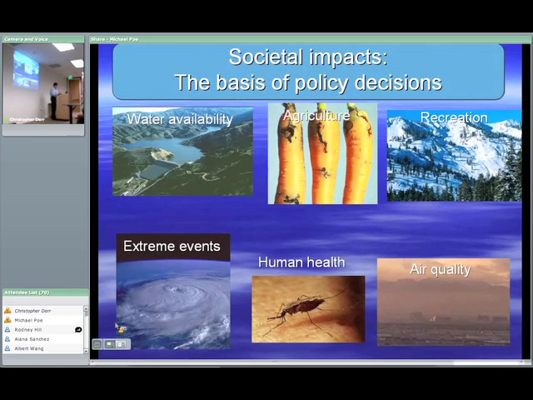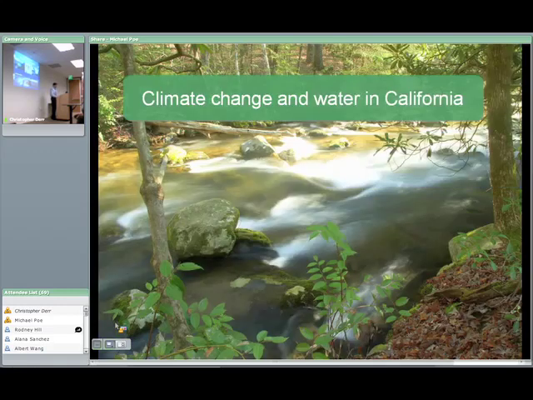And it's also very important, I think, to understand ahead of time what those societal impacts are going to be, so that we have coping mechanisms ready when we need them. And it's important, I think, not to be in a reactive mode. So I've mentioned water supply a couple times. I'm going to just tell you the basic story on water. Many of you know it better than I do, actually.